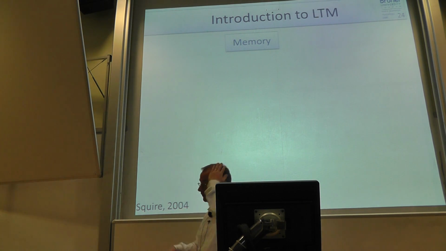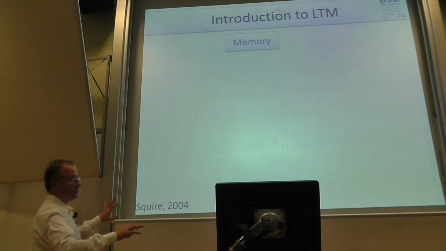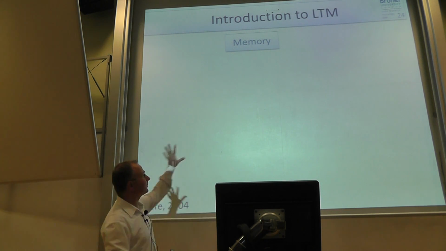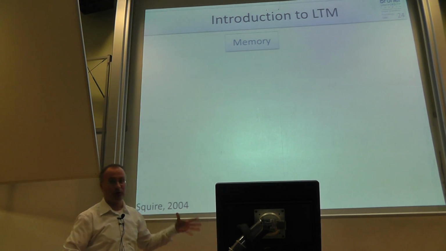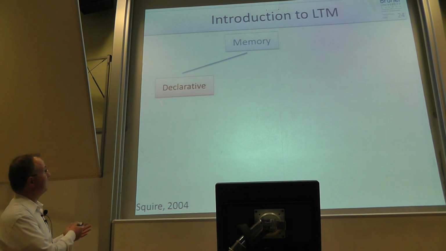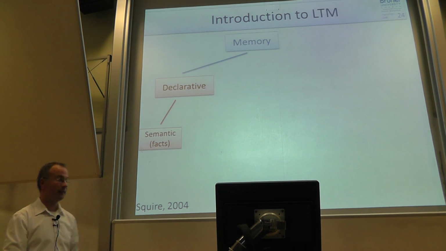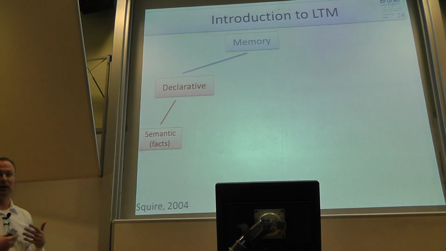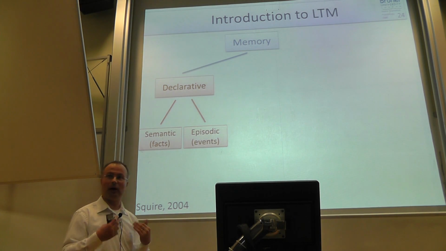Okay, so as you'll see, there are a lot of different types of memory, and therefore we need a little bit of structure and taxonomy. Just for an overview, we will now see a lot of different types of long-term memory, but we won't go through all of them today. So the first is declarative, and declarative is subdivided into semantic memory, which is about facts, and episodic memory, which is about events and our personal past.